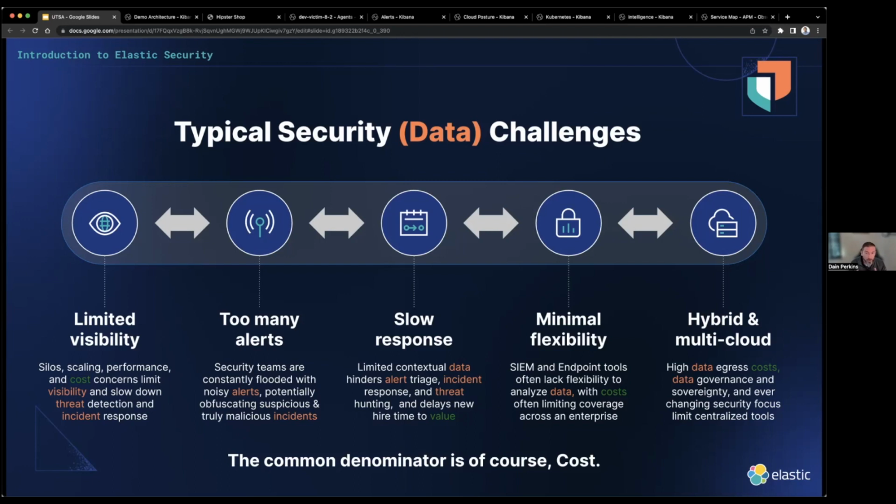Personally, I think flexibility has been the one thing that I can say without question has always been a problem for me. There inevitably is something that I want to do, some pivot on data or some complex, really obnoxious query that I want to run that I can't in many of the systems that I've used in the past. Sometimes that comes down to a question of scaling, which again comes down to cost.